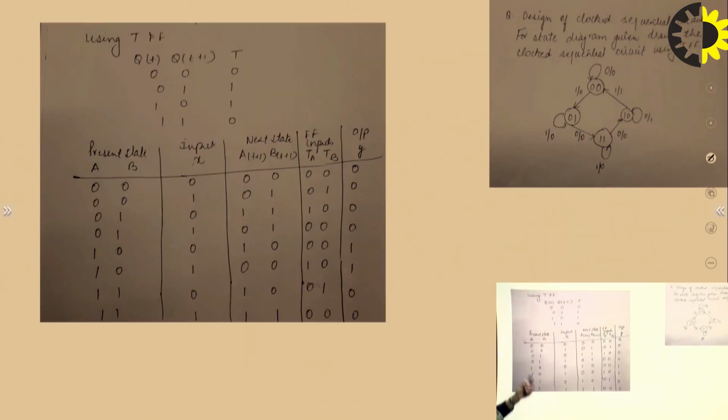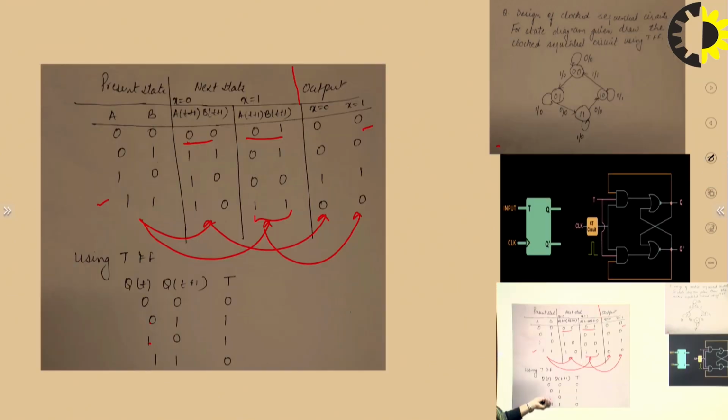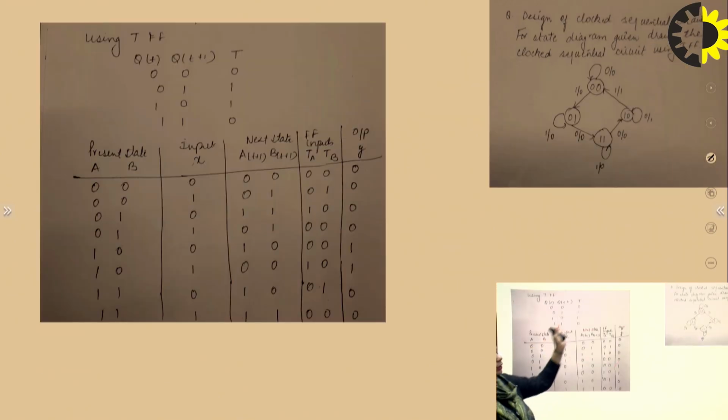So this is the next step. After showing this T flip-flop table, you are just inculcating this table in your state table. So this is basically the present state. So present state I have written. Now I have created this for 2 inputs, 0 and 1. For those inputs, we have 4 states, but inputs are 2. So we have created our states 0 0, 0 1, 1 0, 1 1 first for input 0 and another 4, same 4 for input 1.